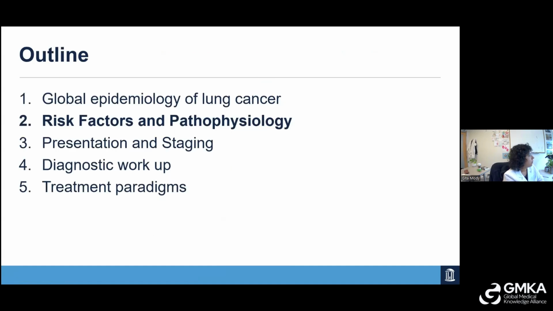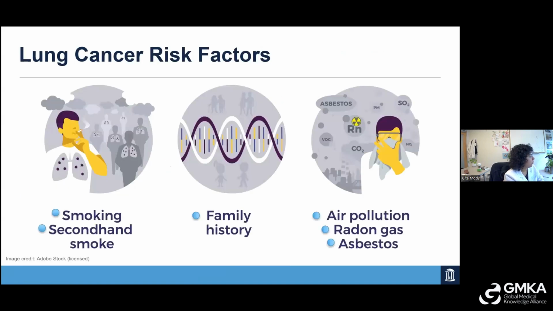So what are the risk factors? Who should we be watching out for, and how does the tumor develop? We are very familiar, of course, with both smoking and secondhand smoke. The next most common risk factor is family history, and then any air pollution, whether it's smoke from cooking fires that are poorly ventilated or from industrial pollution, like it might happen in some parts of India. Radon gas and asbestos, all linked in observational studies to lung cancer